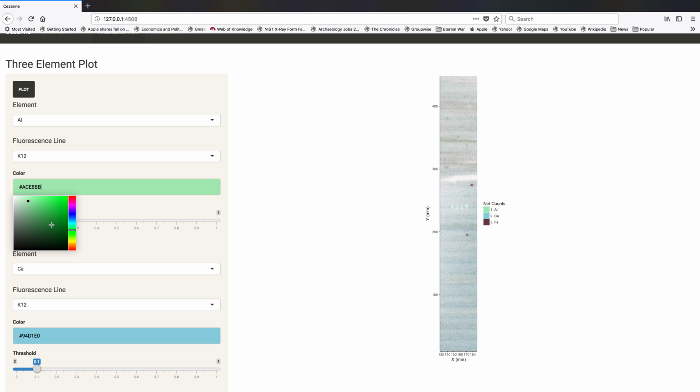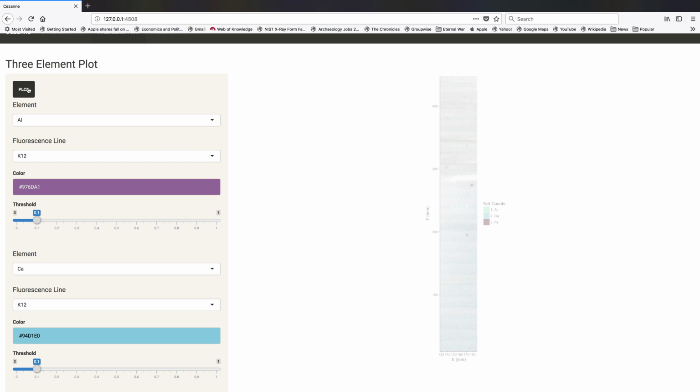Here, I can change the colors. So if I wanted to skew this to, let's say, a pink, purple for aluminum, I can do that, and we'll plot that. Let's do that one more time. Shift there. So you can't plot the L line, but when we return to the K line, you will see